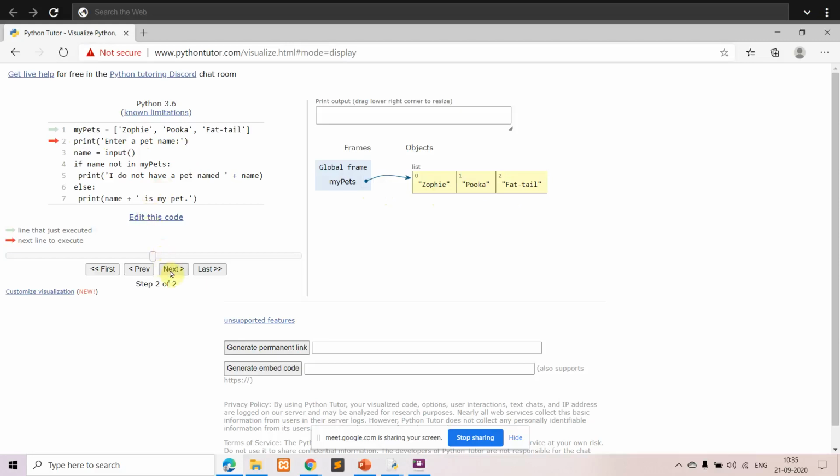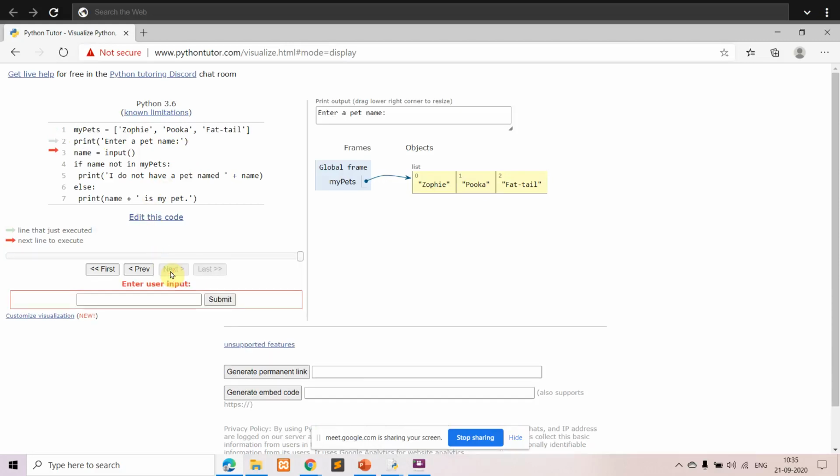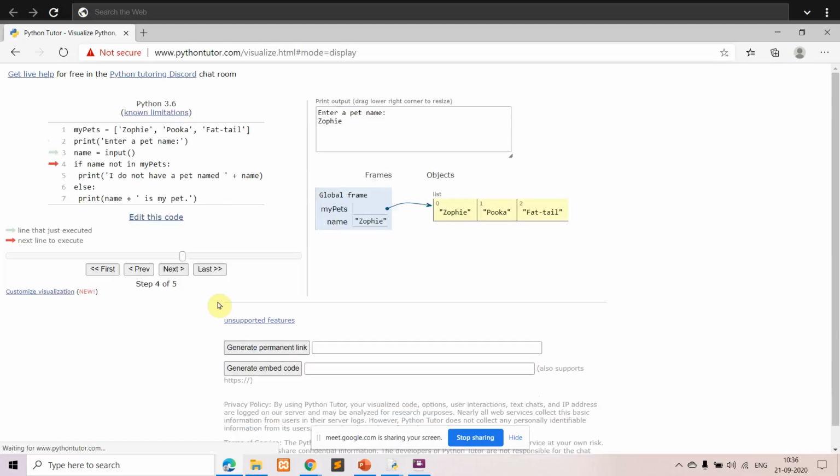You're asking the user to enter a pet name, using the input function. So I will give the name Zophie, and I'll hit submit.